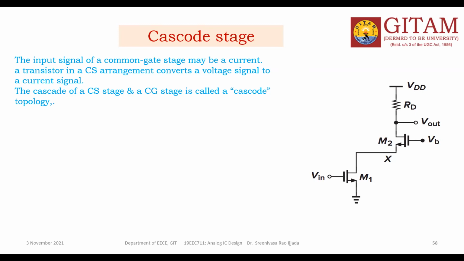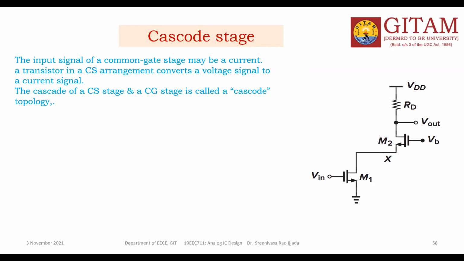When you consider each device separately, things change. For the CG, input is current, output is voltage. For the CS, input is voltage and output is current. So I hope you understand what the cascode is. According to my definition, cascode means one device sits over another device. Here two devices are like that. But I am also talking about cascade, which means one device drives another device. The same two things are satisfied here, that's why I'm calling this the cascode configuration.